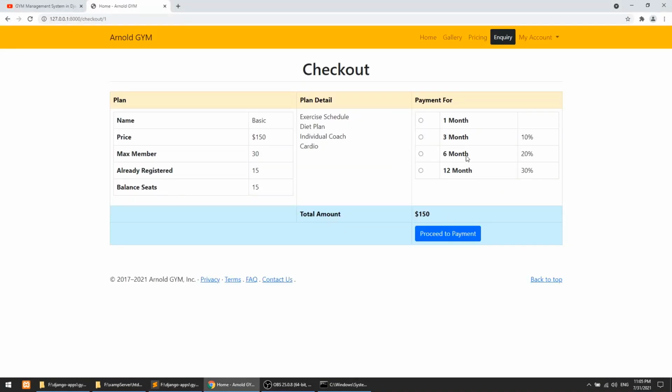When we pay this amount, then we will create the table for this member registration, that is how many members currently. Currently we will just put this value as static, but we will work on these values later. So when we pay the amount, then we will create the table and save these values. Currently we are just showing this as a static value. Okay, I hope you are understanding what I want to say. If you have any doubt, then please add it in the comment section.